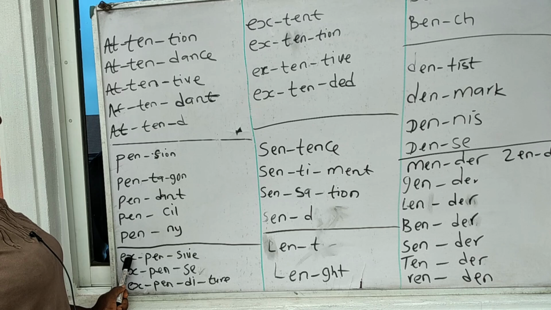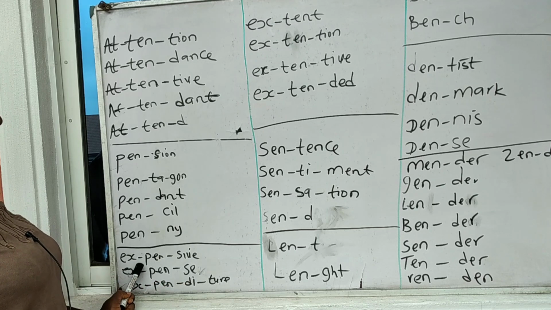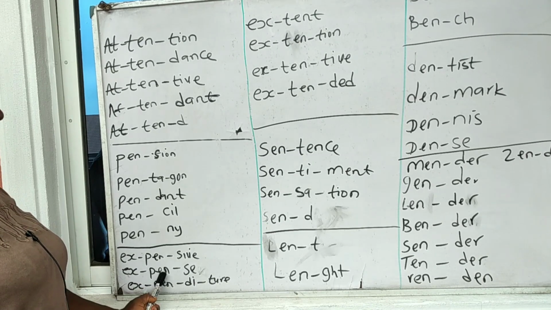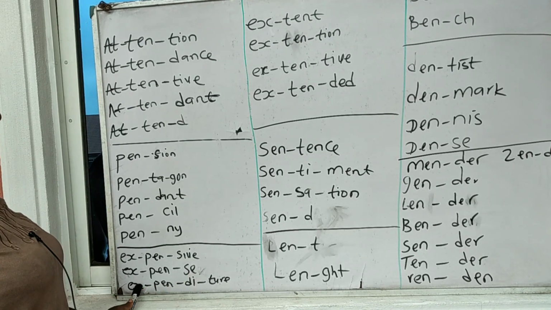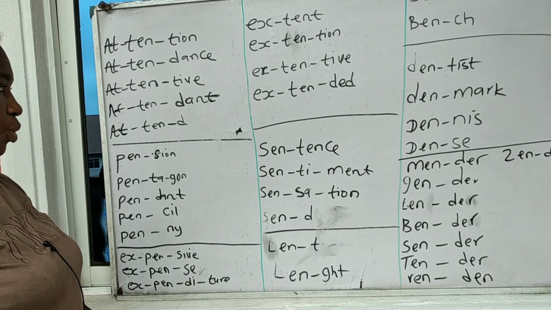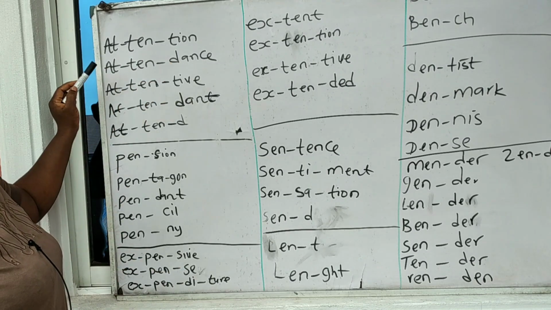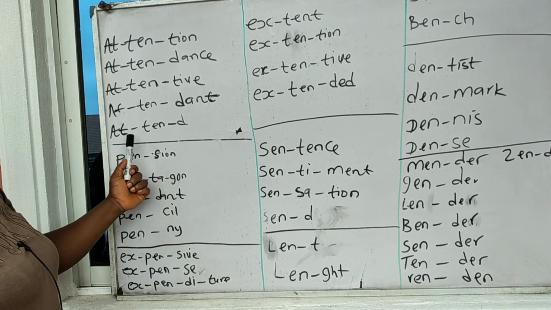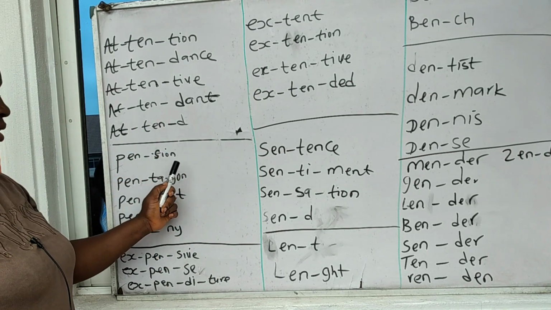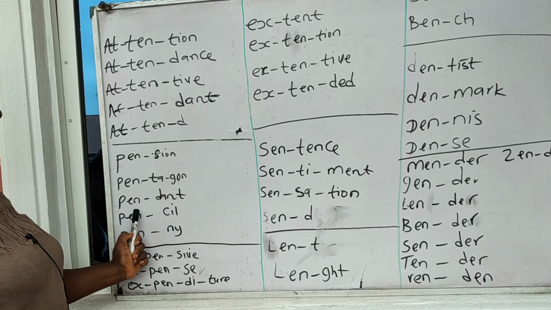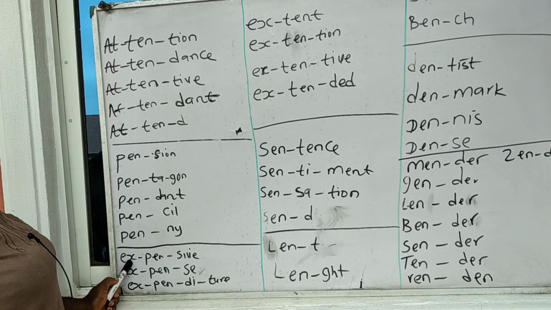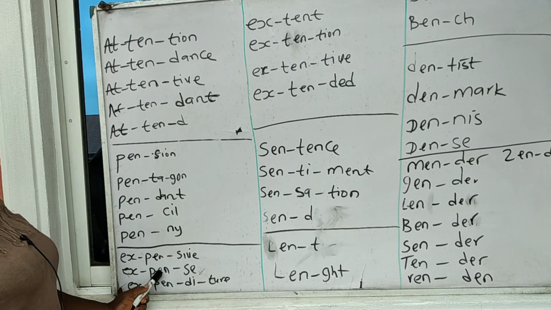We have this one, expensive, expense, expenditure. We have attention, attendance, attentive, attendant, attend, pension, pentagon, pendant, pencil, penny. We have expensive, expense,